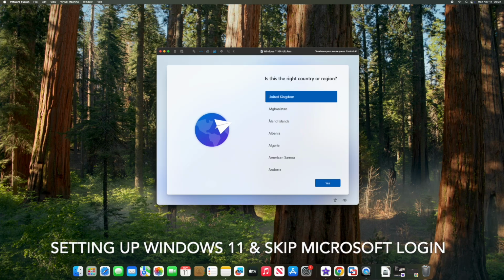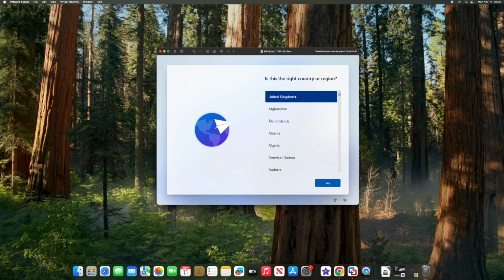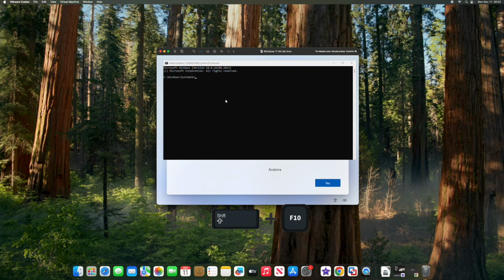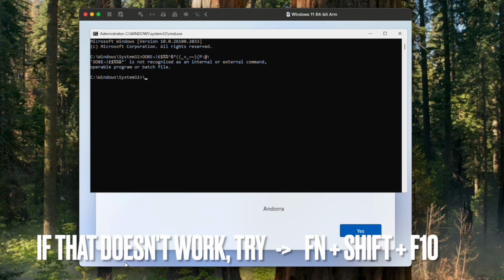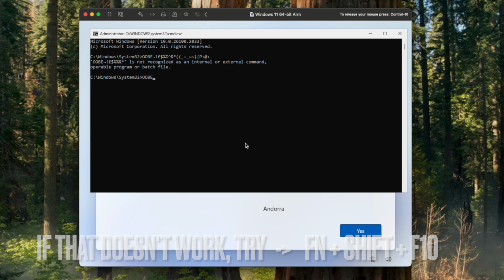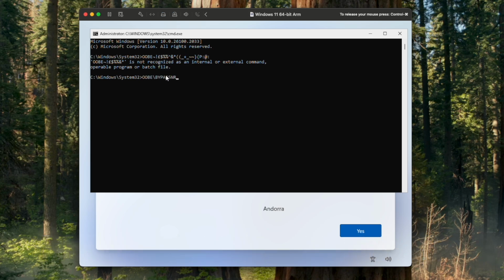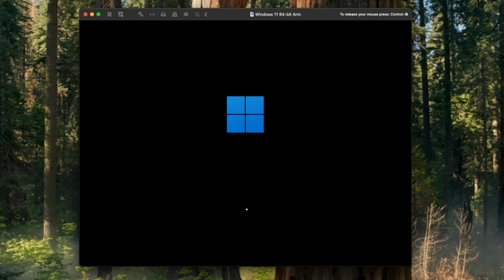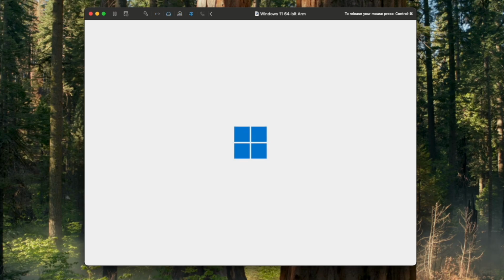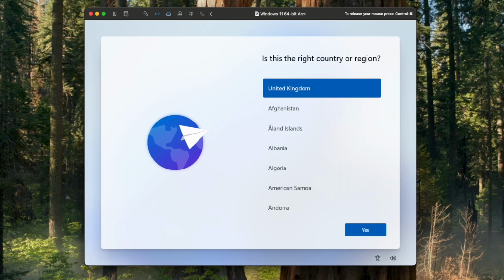When you come to this screen, we want to set up Windows 11, but we want to also skip the Microsoft login. So to do that, what you'll have to do is click on the Shift button plus F10, and that will open up this command prompt. Type /bypass NRO, and then click enter. Windows 11 will then reboot, and this is basically rebooting so that we don't require the Microsoft login or account